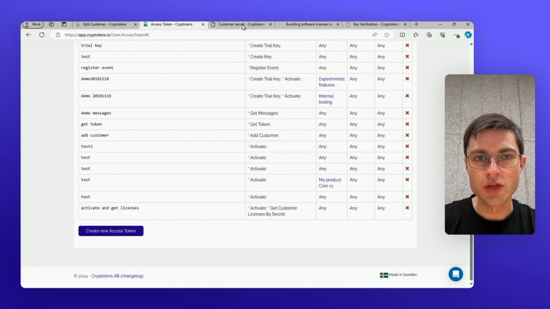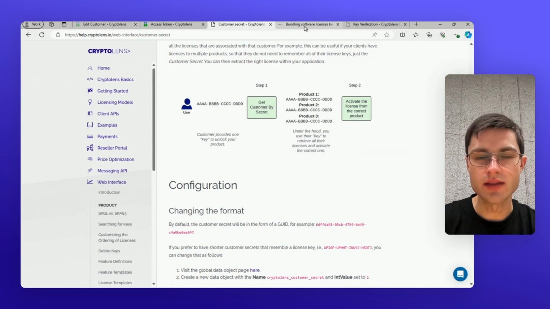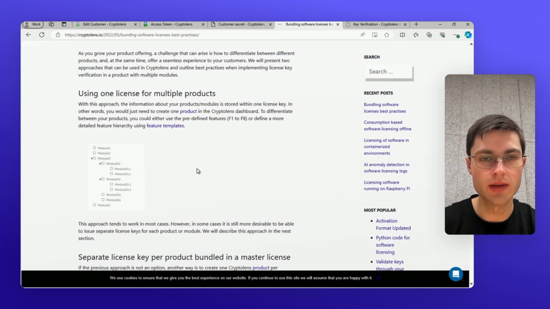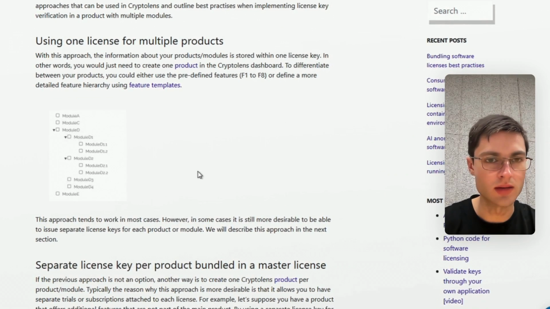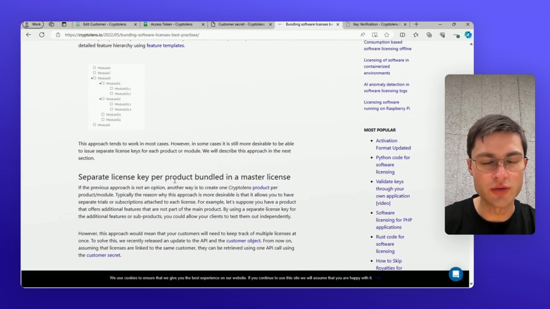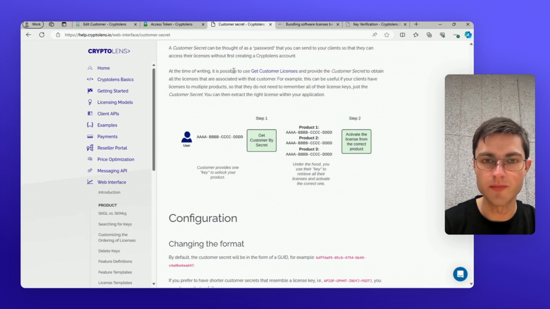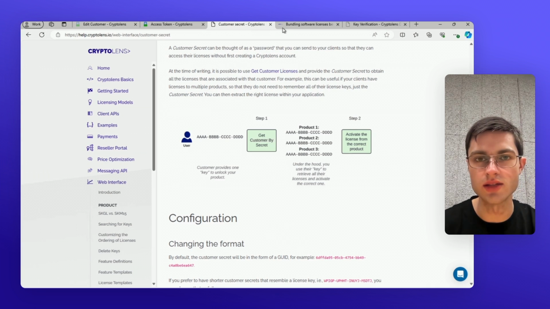And so finally, to summarize, we've discussed two different ways of bundling licenses together. The first approach, which should probably be sufficient in most of the use cases, is to use features, and then if you need more features, to define them, and also if you need the feature hierarchy as well. If that for some reason doesn't work in your use case and you still want to create a separate product in our system for each product that you have, then this approach that we discussed today, by authenticating the customer in your application and then extracting the licenses and then activating those licenses, could be a better